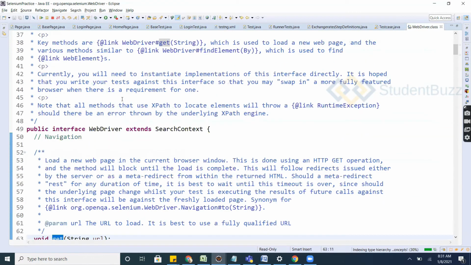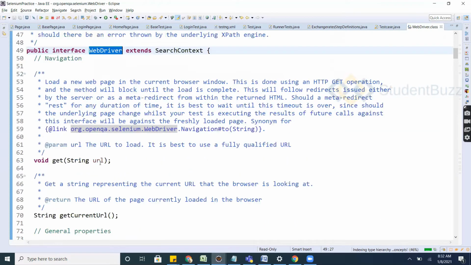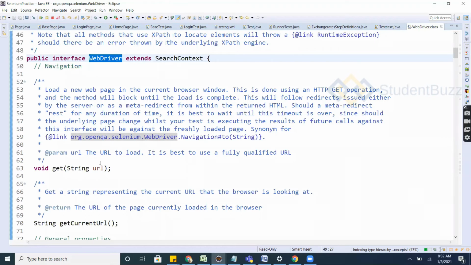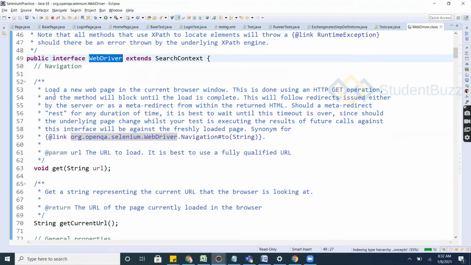So the next question: WebDriver is an interface, it's not having any method body, that's fine, then where is it implemented? This WebDriver interface is implemented in the RemoteWebDriver class. Okay, so where is this RemoteWebDriver? Let's see.